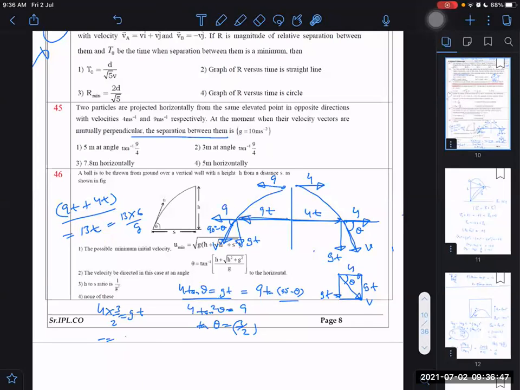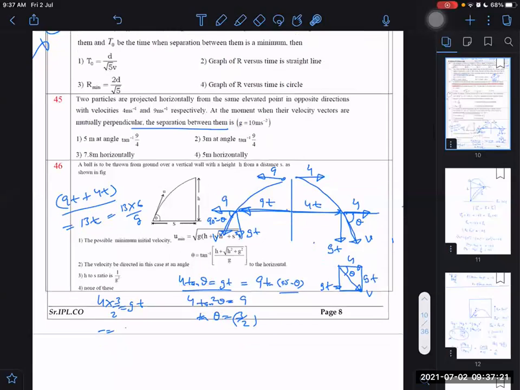How to get time? We will get time by these equations. In this right angle triangle, you observe horizontal velocity will remain 4. Vertical velocity has become gt. This angle is, let us say, theta. Then I can say 4 tan theta is equal to gt. But if I observe the other triangle here, for 9 meter per second horizontal velocity, then I will say 9 tan(90 minus theta) is equal to gt, or 4 tan square theta is equal to 9. So tan theta is equal to 3 by 2. I am getting tan theta, and I am getting t also from there after putting the tan theta value.